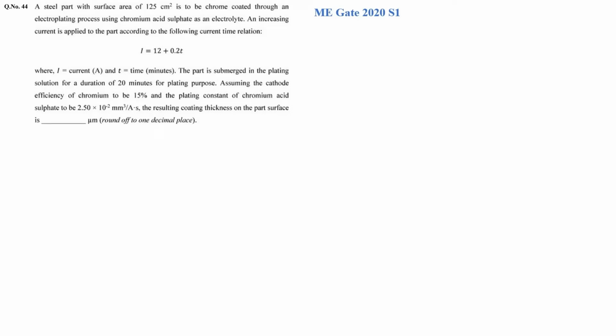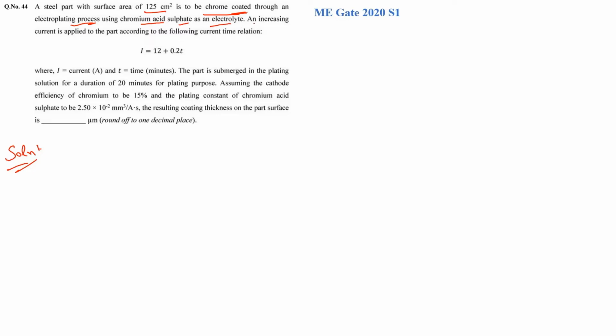Hello everyone. Today we will be solving one question from manufacturing technology, which is primarily based on electroplating. So in the question, the examiner is asking about a steel plate or a steel part with a surface area of 125 centimeters square that is to be chrome coated through an electroplating process using chromium acid sulfate as an